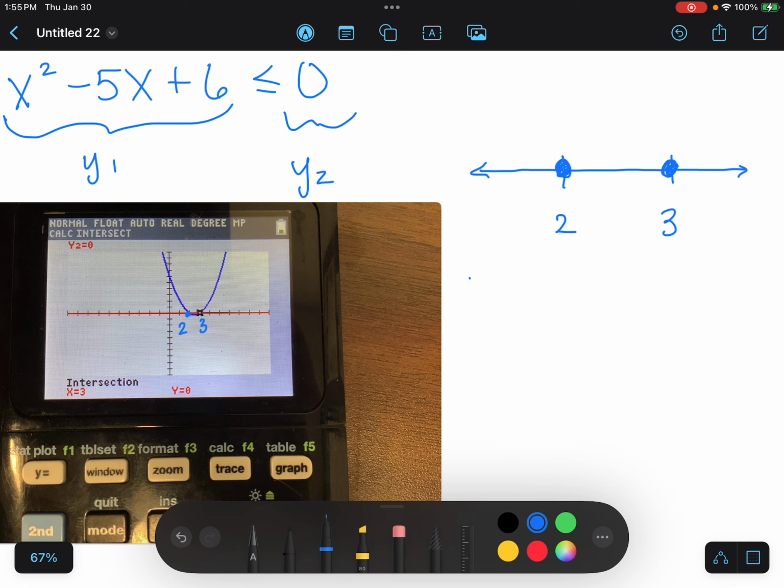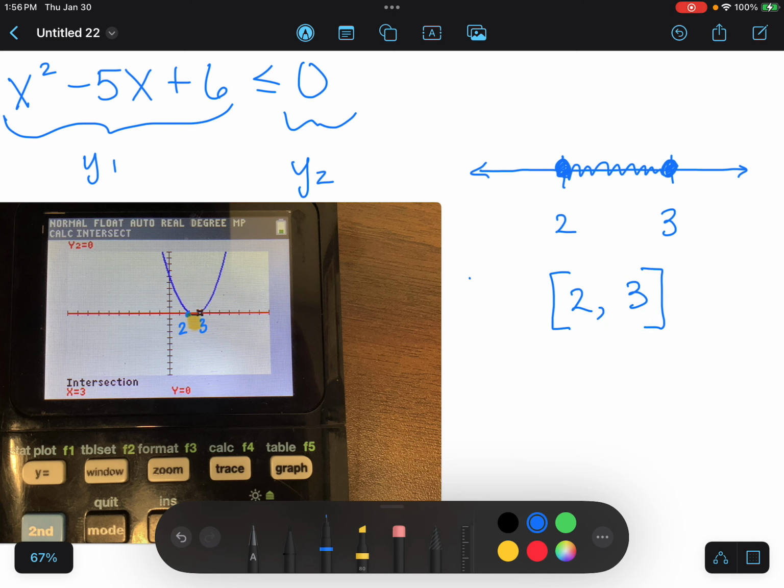And then what we would do is look for, and I know it's kind of hard to see on this one, when is the parabola underneath, because it says less than, the 0. And if you look ever so slightly there, I'm trying to highlight it there, it looks like it is below it, in between 2 and 3. So in between 2 and 3. Now if it would have said greater than, then it would have been everything to the left of 2 and everything to the right of 3. But it didn't. It said what was less than. Interval notation, 2 to 3,